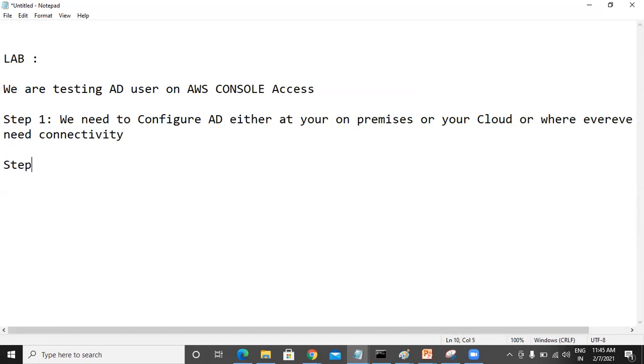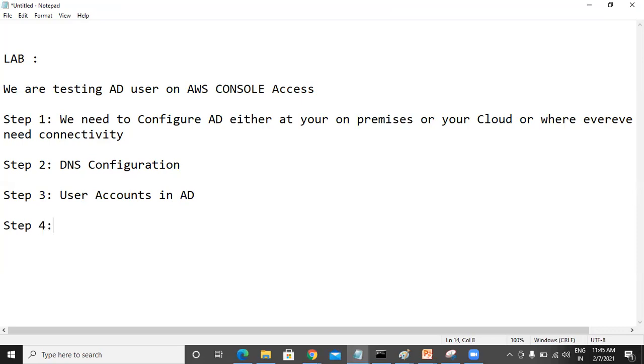Step two, we need to configure DNS configuration. Step three, we need AD DNS, then we need to configure user accounts in Active Directory.